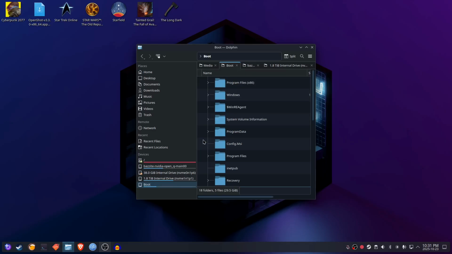Now my Bazzite installation is on a 1 terabyte drive. My backup drive is a 2 terabyte, and my Windows installation is on another 2 terabyte. So we go in here, we make sure that we've backed up everything we want to save. And then